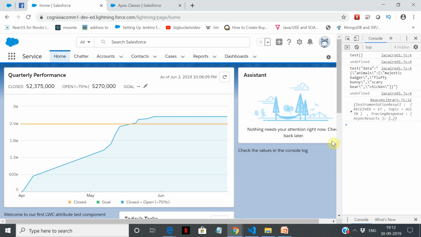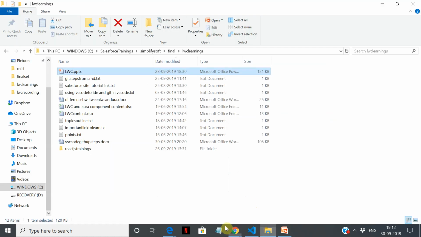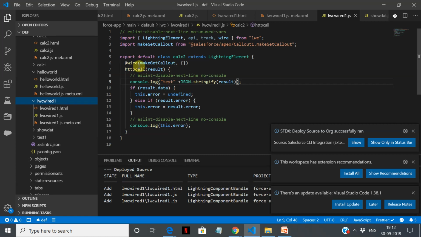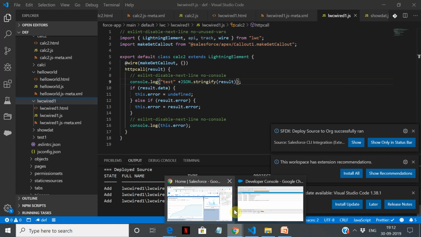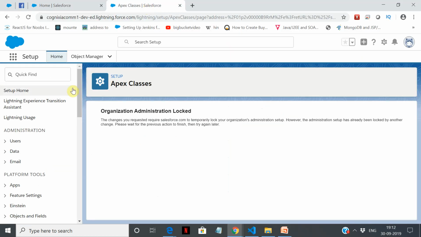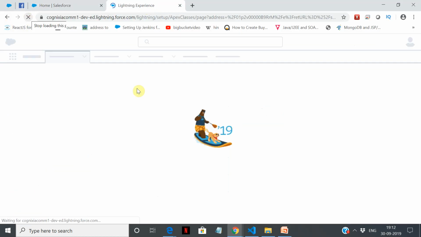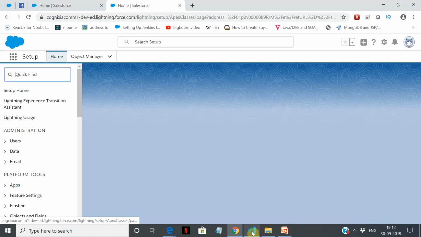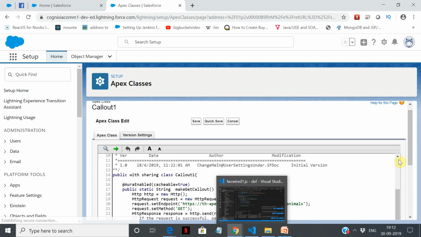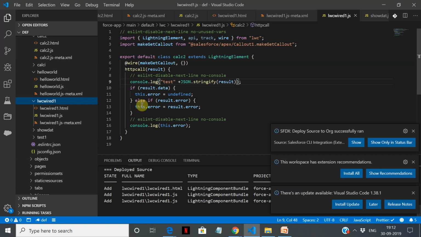As soon as this got loaded, it went to the make get callout, invoked that method, hit the endpoint, and gave us the result back, which we have done console.log on. When we stringify this, it gives us the data.